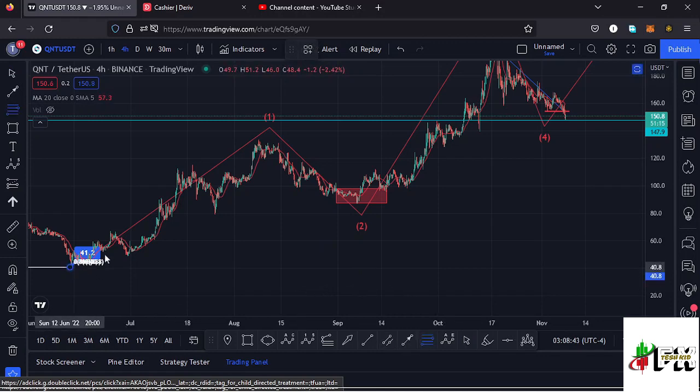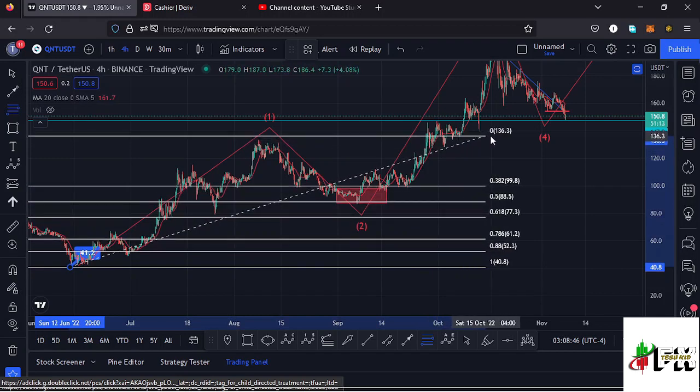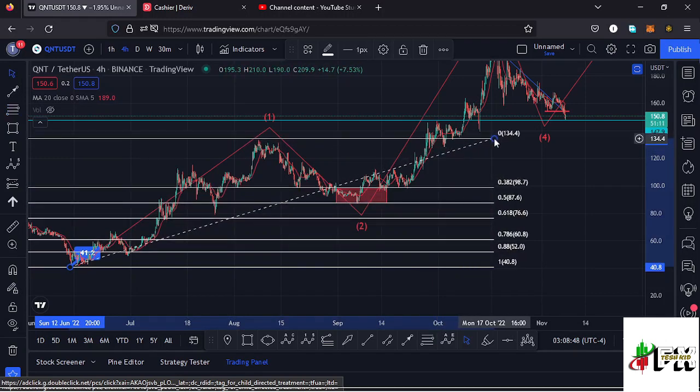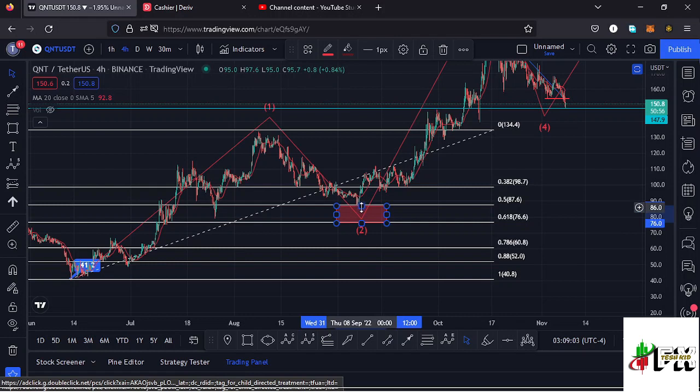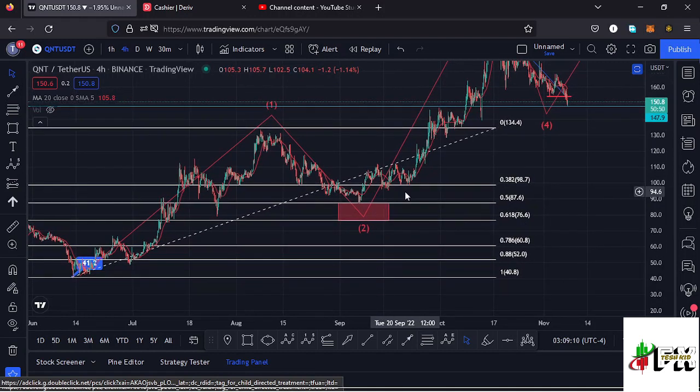And if I use the Fibonaccis, connecting them from the low of that first wave to the high of that first wave, you can see that my target area lies between the fib level 0.5 and the fib level 0.618, which perfectly lies at around the $87.6 mark and the $76.6 mark. And Quant touched that target area and then saw a very nice bounce to the upper side